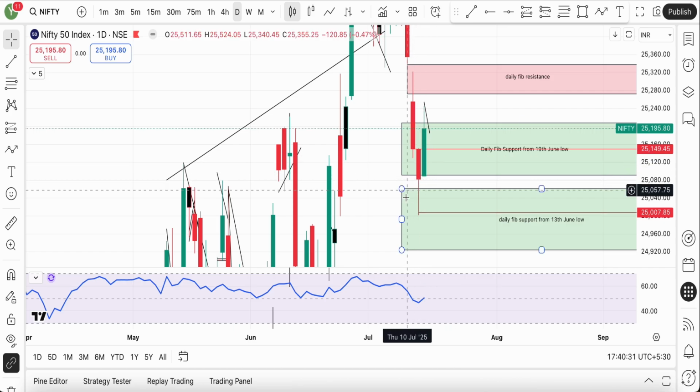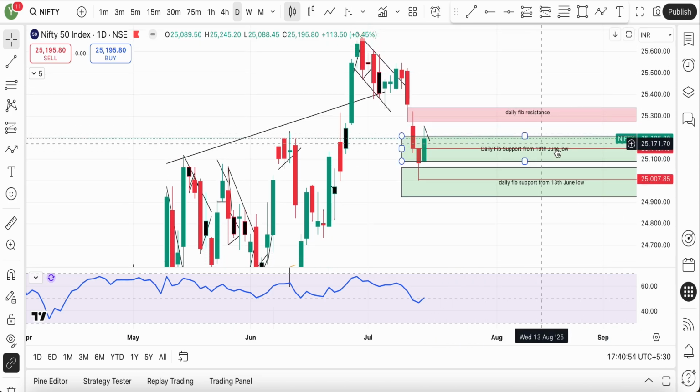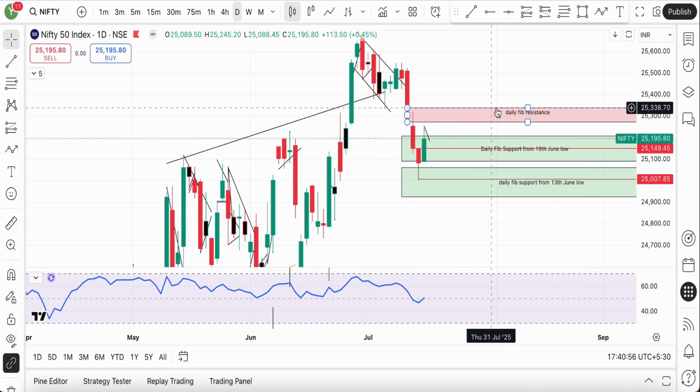We saw buying coming in from here, and today we have a low which is higher than yesterday's low, a high which is higher than yesterday's high, and we have also got a closing which is above the previous day's highest point, right? Above previous day's high. So again, my bias would be on the long side, but then I will not forget the importance of this